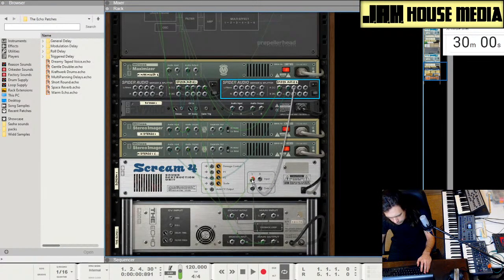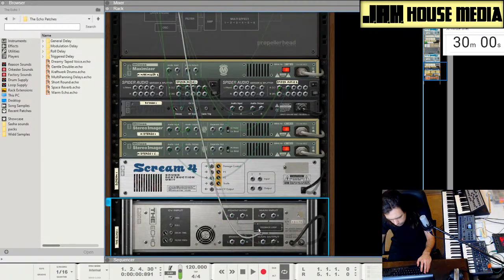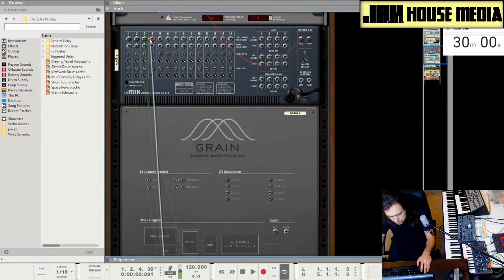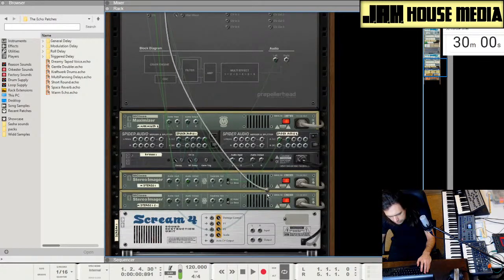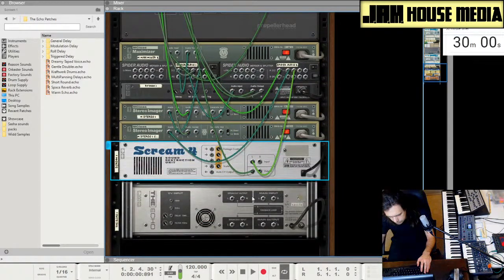So we'll run, oops, I didn't turn off the auto patching here, so let me connect this low pass one back up here, and then we're gonna have the distortion, and then we're going to have the delay,